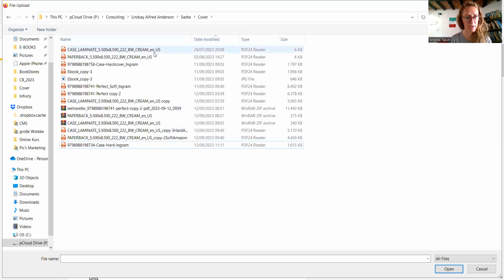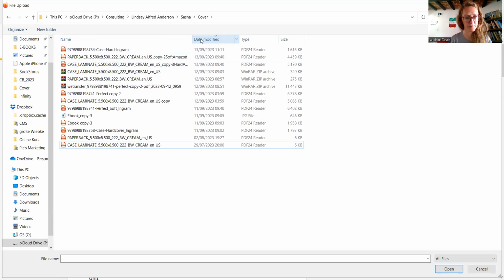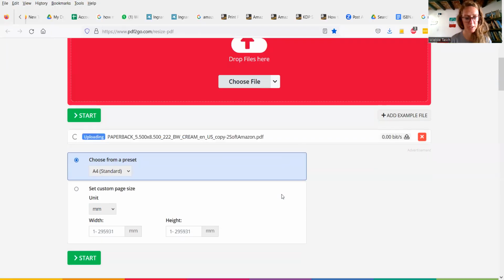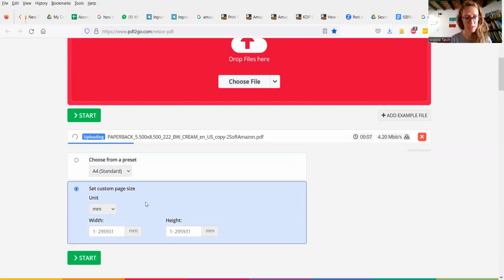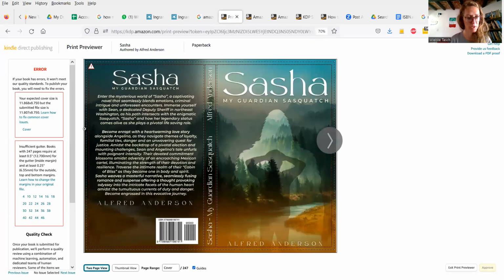Then you see, okay, here's Paperback softcover. Open it, we uploaded it. And then we go here, customize pages, going back to Ingram and see